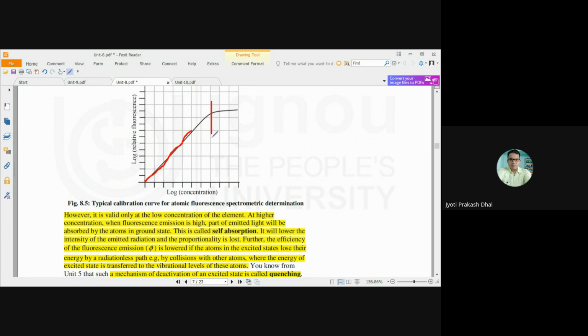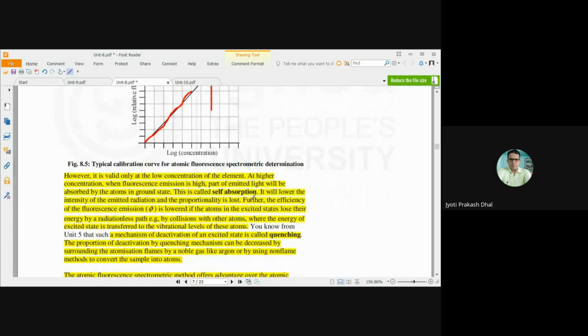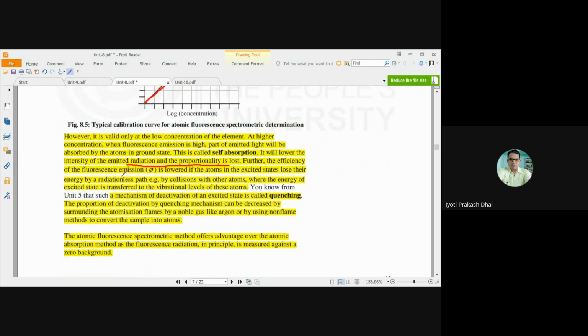But when the concentration is high, the linearity will be lost. It is due to part of the emitted light being absorbed by the atoms in the ground state, by the process called self-absorption. So due to self-absorption, it will lower the intensity of the emitted radiation and proportionality will be lost. Further, the efficiency of the fluorescence emission, phi, will be lower